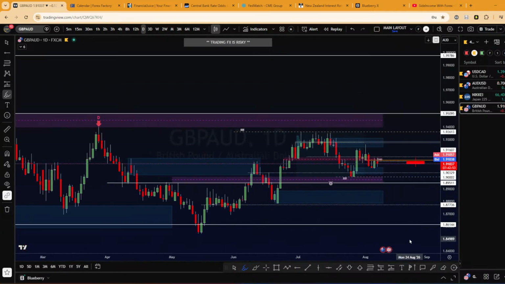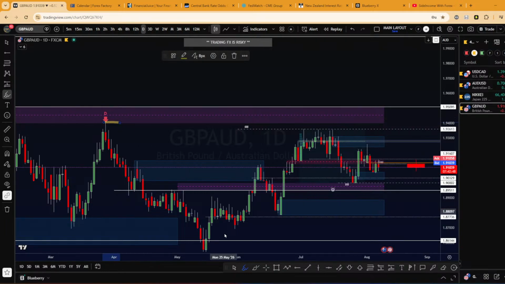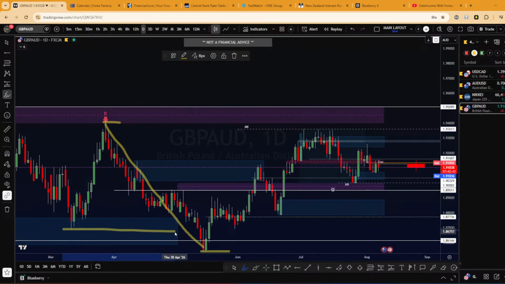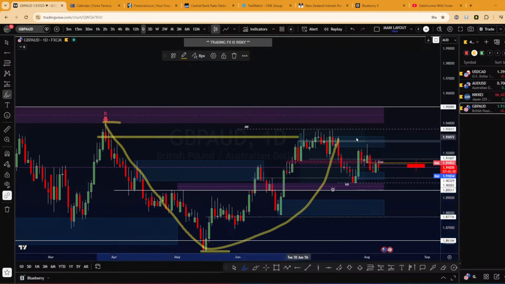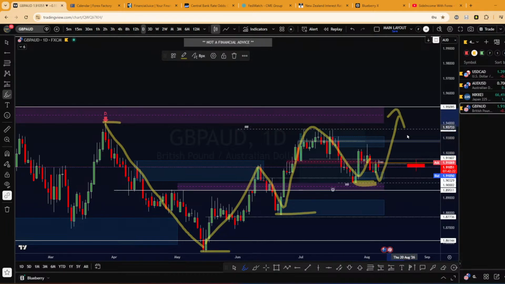Let's go down to the daily. The daily for me, this is the structure. This high, this low. See, we are bearish because we broke below this level, so we are retracing around this level. But the current trend is this. We are still bullish, forming higher high, higher low, higher high, a potential higher low. Who knows, maybe we could form another higher high.